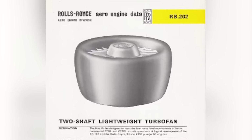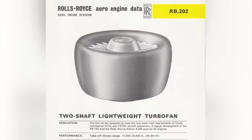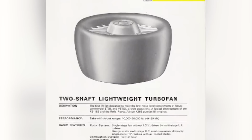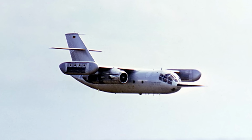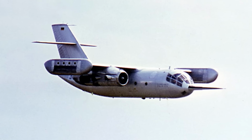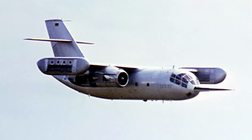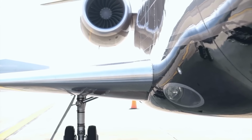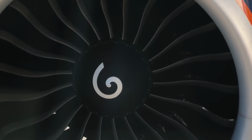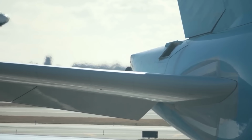Also, the financial crisis at Rolls-Royce in 1971 didn't help, since it had to shelve its fan-lift engine, the RB202. The engine had not only been an essential component of the British VTOL airliner, but even the German one being developed as well at the time. This was a huge pity, given that the Rolls-Royce engine had achieved its needed thrust-to-weight ratio, fuel consumption, and noise